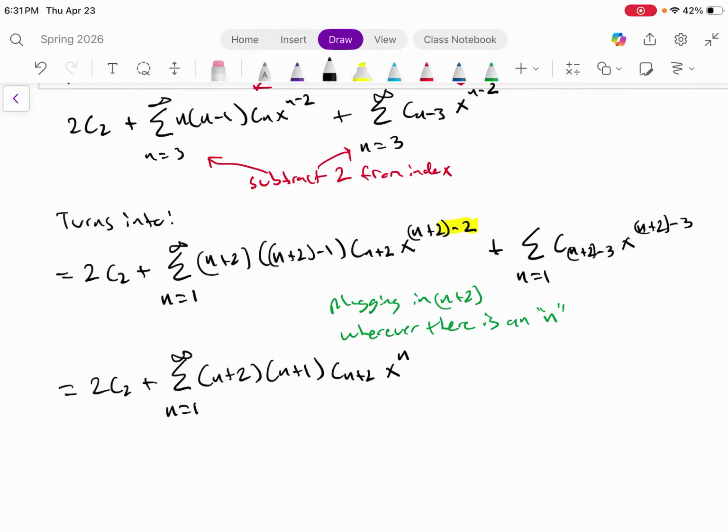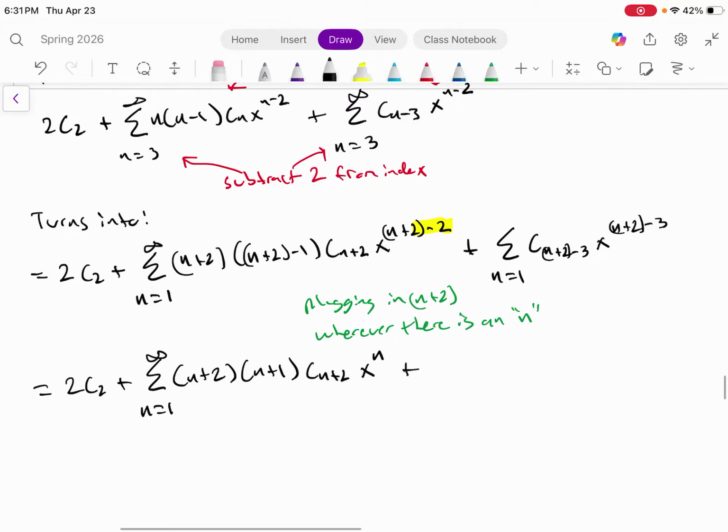So we have our x to the n now, plus the series n equals 1 to infinity, c sub n minus 1. 2 minus 3 is negative 1. X to the n,